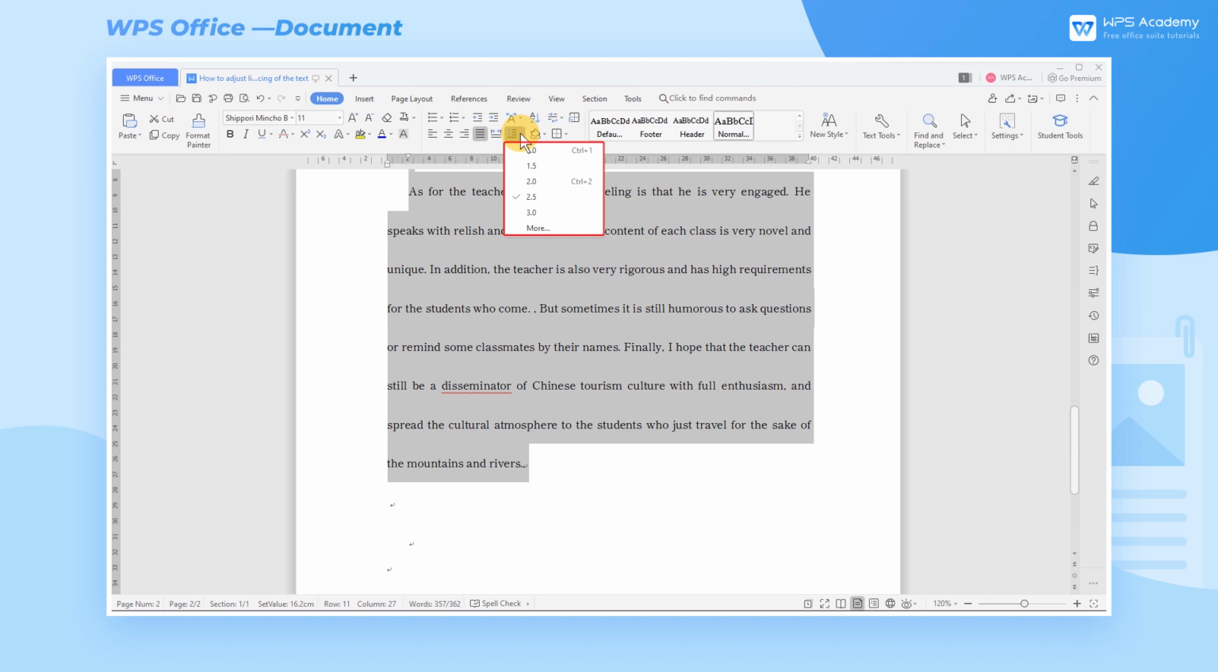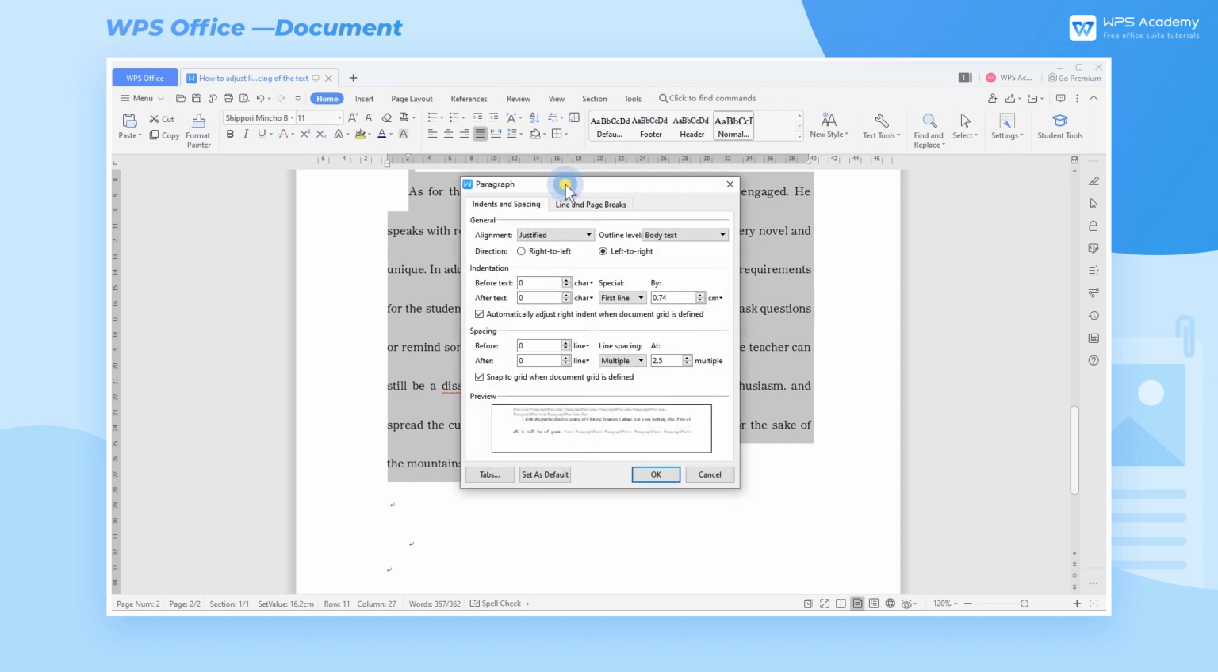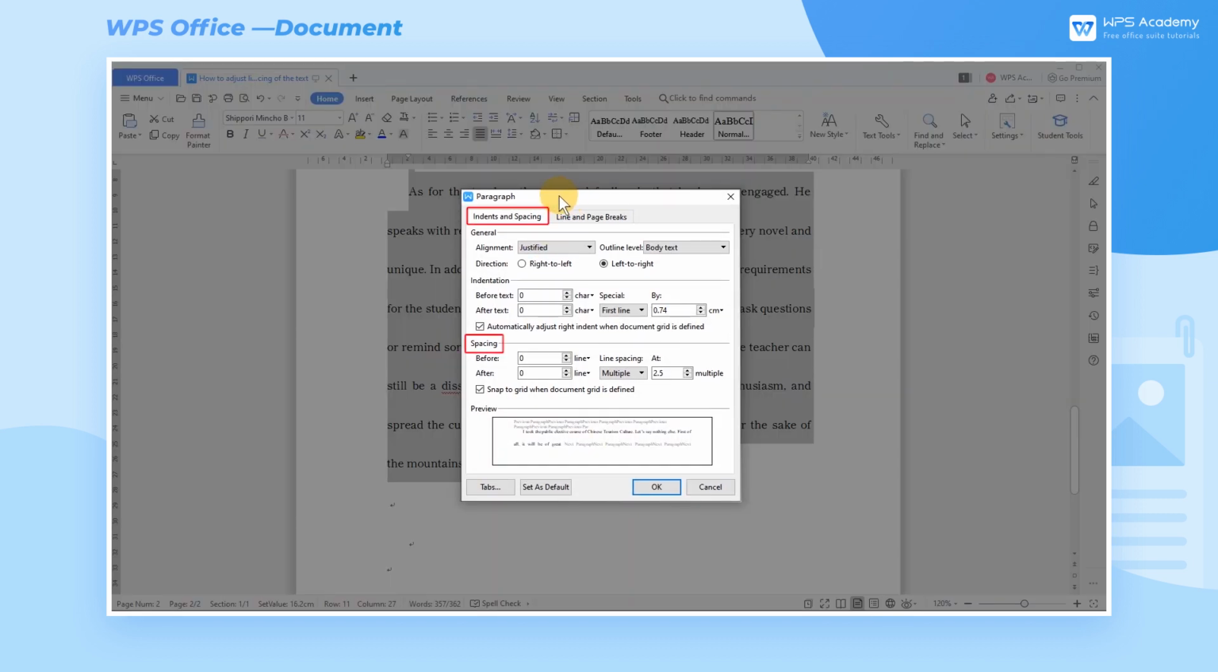Click the Line Spacing button of the Home tab, then choose the More command in the drop-down command list provided. Find the Spacing button in the Indents and Spacing tab of the Paragraph dialog box. Click the Line Spacing drop-down button, select Exactly in the drop-down command list provided, and enter the needed value in